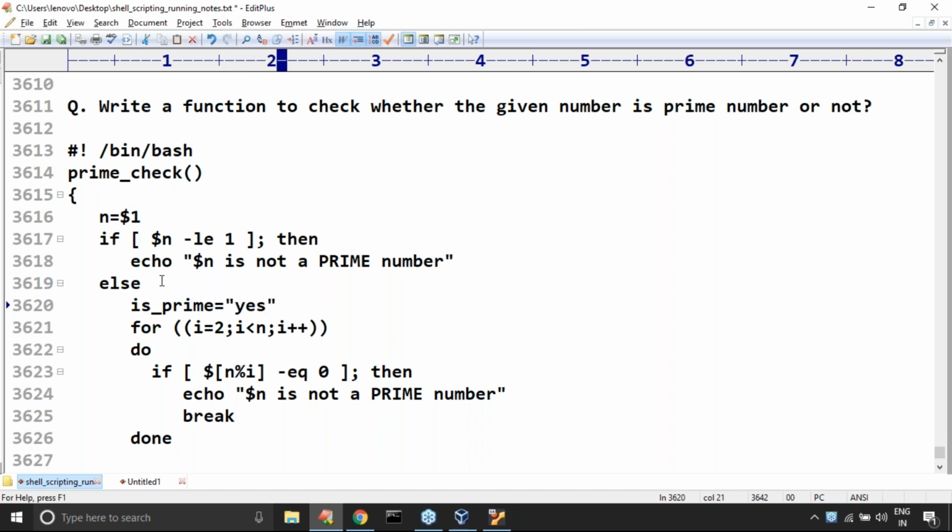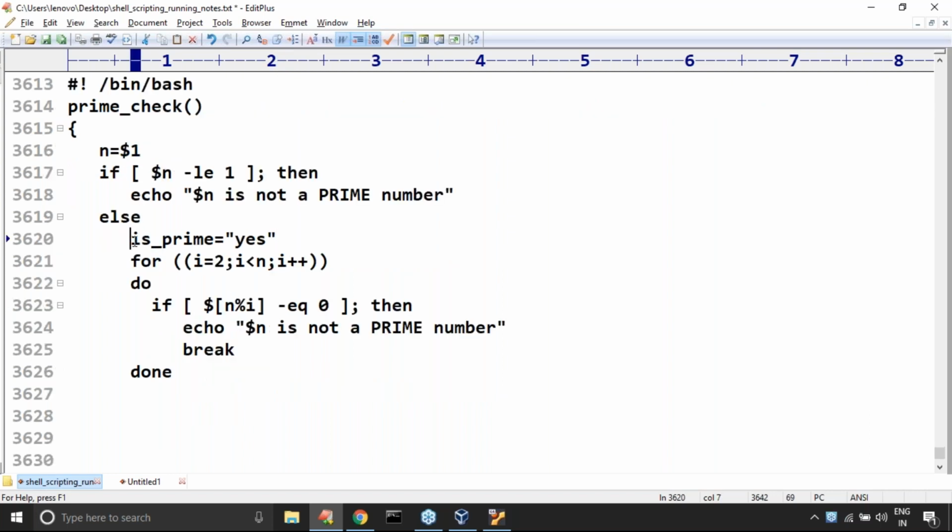But here one small twist is there, sir. Remember, in shell scripting, a Boolean data type is not there. Even sometimes false did not work in our previous examples. The reason is that such a Boolean thing is not there. An empty string is by default treated as false, and a non-empty string is by default treated as true. So it's better to use a string only. Here assume that the number is prime by default at the beginning.